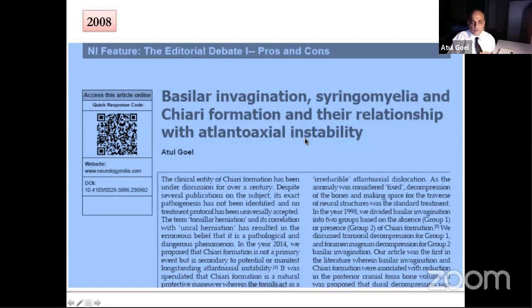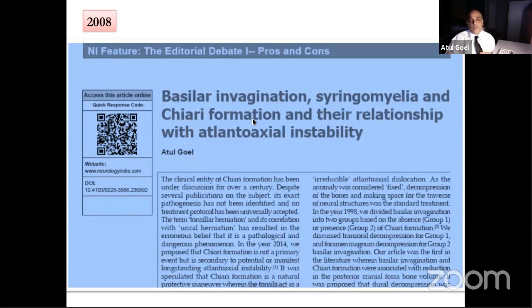Remember, just imagine a situation: there is a sudden car accident and you have broken your spine, there is atlantoaxial instability. You touch your occipital muscles, they will be under such huge spasm that this spasm is like rock. And this rock-like spasm is a protective mechanism of the body. Similarly, in a chronic protective situation, the neck muscles are under spasm, and basilar invagination, musculoskeletal abnormalities, syringomyelia, and Chiari formation are secondary